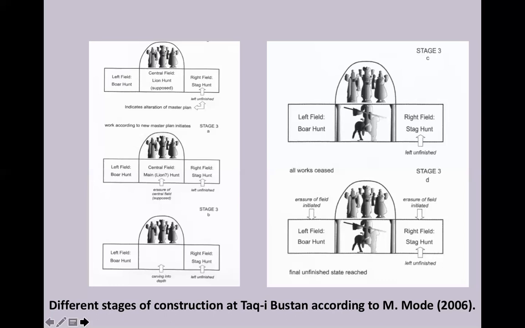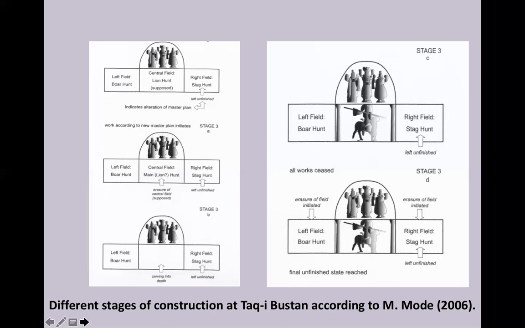Without knowing the Mesopotamian connection, Mode proposed that in origin, on the back of the grotto, the triple hunting representation included the wild boar on the left, the deer on the right, and in the middle, a lion hunt. And this is very interesting for me because in the Neo-Assyrian rock relief, which is now in the British Museum, but originally from Nineveh, we have actually the king hunting the lion. So of course it's impossible to reconstruct that much, but it would be very interesting.